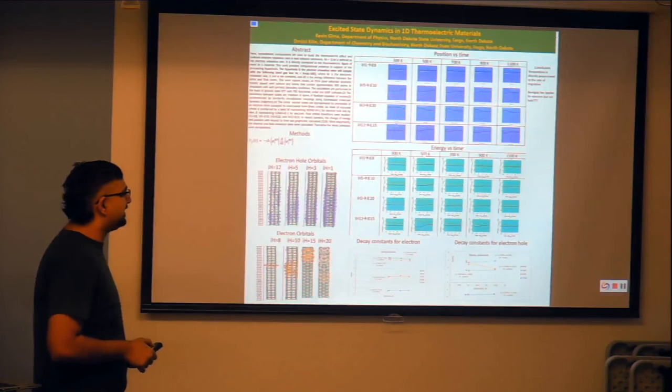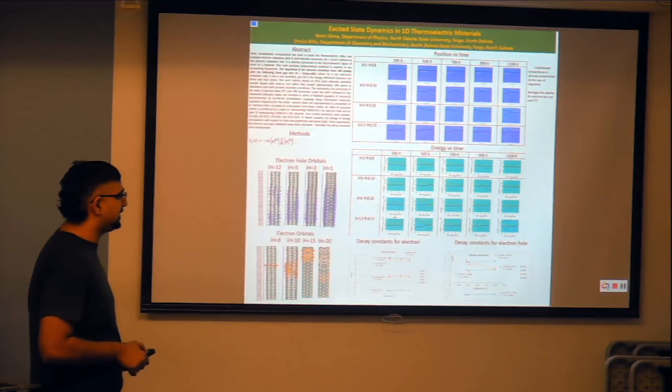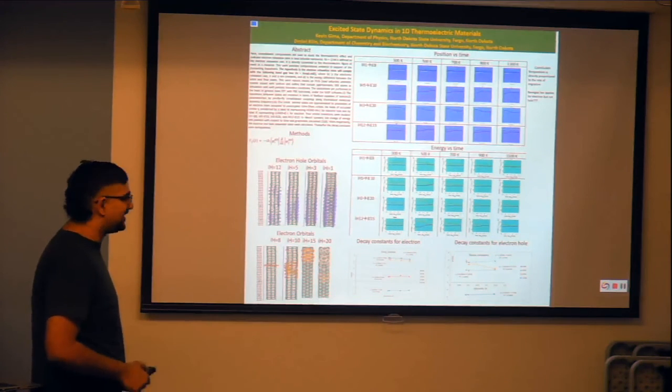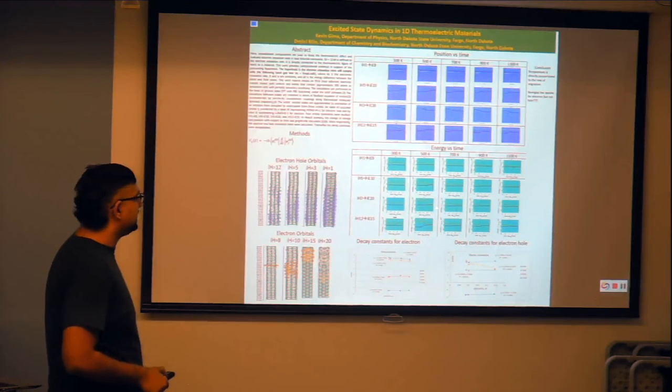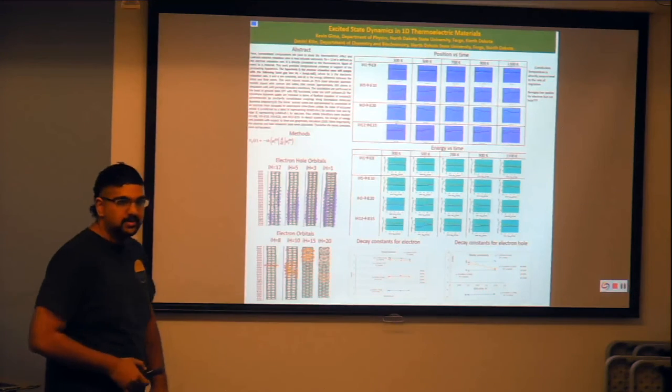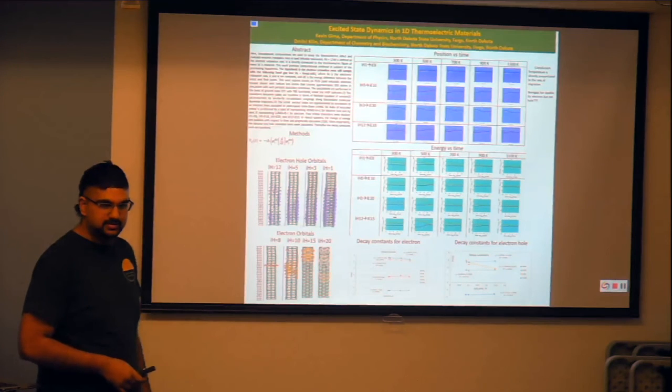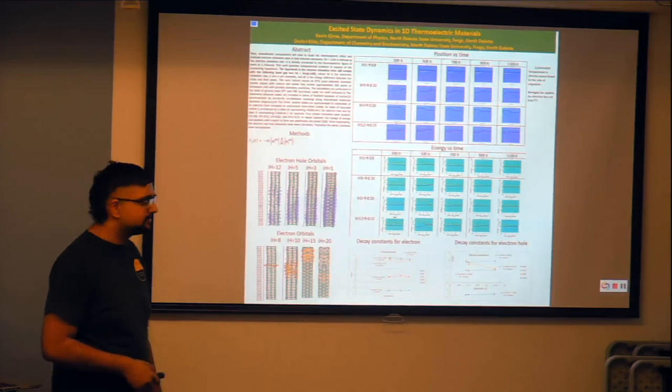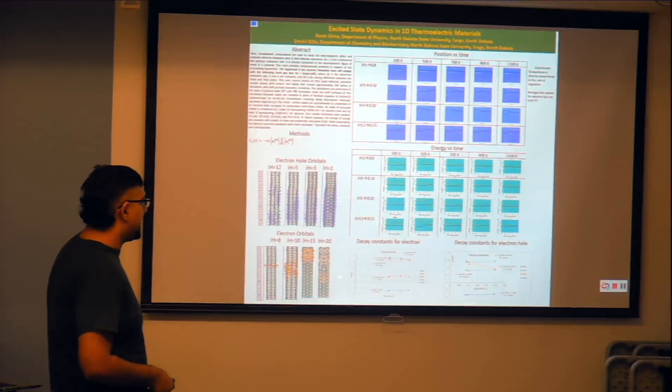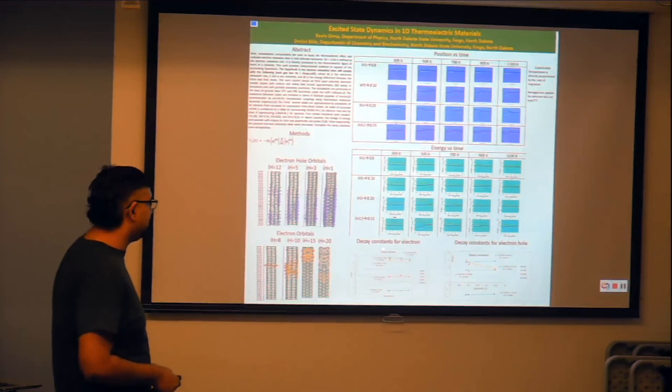And then I looked at the energy versus time graphs for my energy expectation values. And I'm honestly not sure what conclusions I could draw from that. So I'm not sure whether I should keep these graphs on my poster or not. You definitely should. Those are your strengths, and we will go over analysis. Keep talking. And then I calculated the decay constants for my electron and my electron hole.